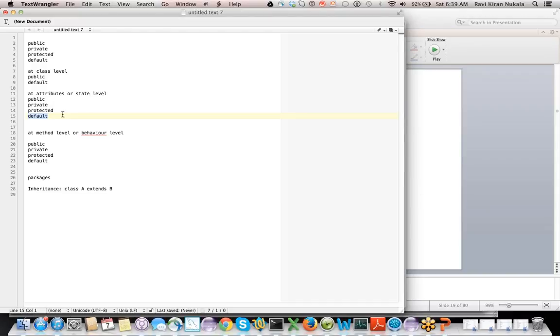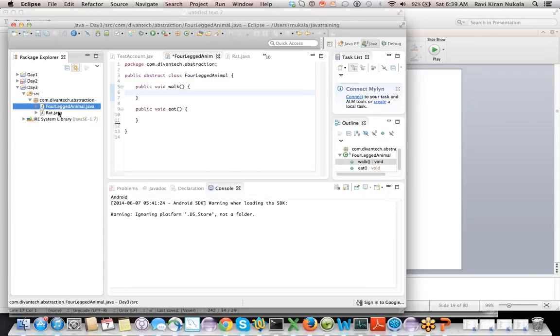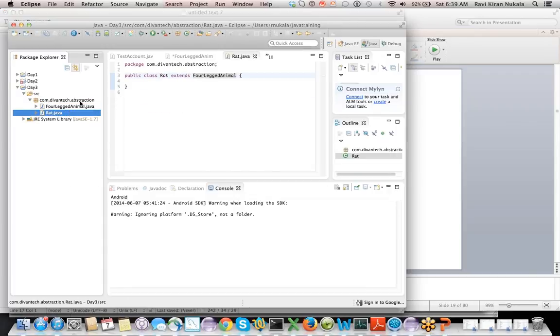We talked about default, we talked about private. What about protected? Protected is also similar to default, but with a little bit more feature. Default enforces that it has to be in the same package, but protected is even more friendly. It says, if you are a subclass, no matter whether you are in the same package or a different package, I'll let you see the information which is marked as protected.